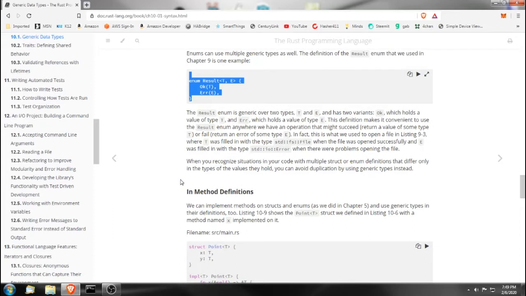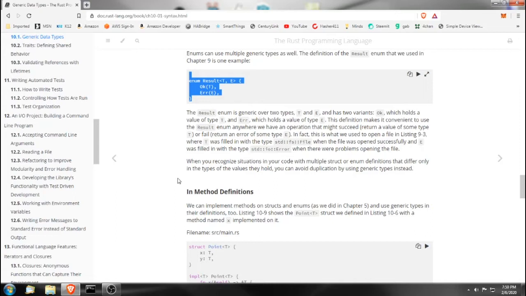The Result enumeration is generic over two types, T and E, and has two variants: Ok, which holds a value of type T, and Err, which holds a value of type E. This definition makes it convenient to use the Result enumeration anywhere we have an operation that might succeed, returning a value of some type T, or fail, returning an error of some type E. In fact, this is what we used to open a file in Listing 9-3, where T was filled in with the type std::fs::File when the file was opened successfully, and E was filled in with the type std::io::Error